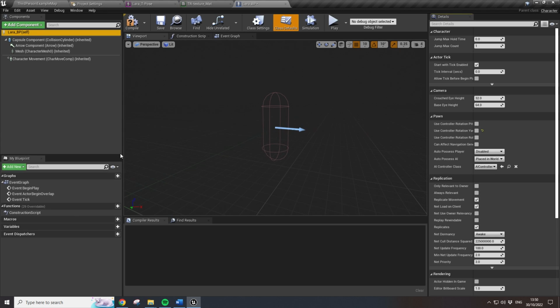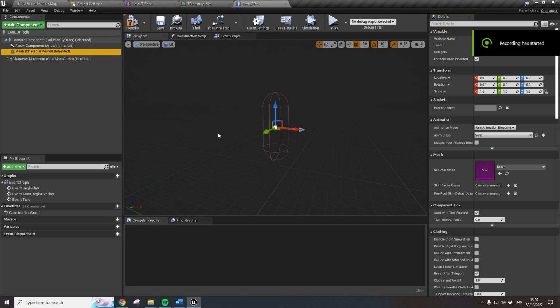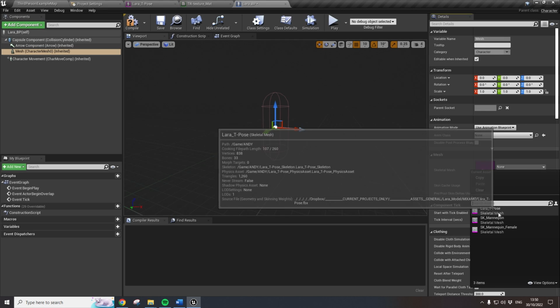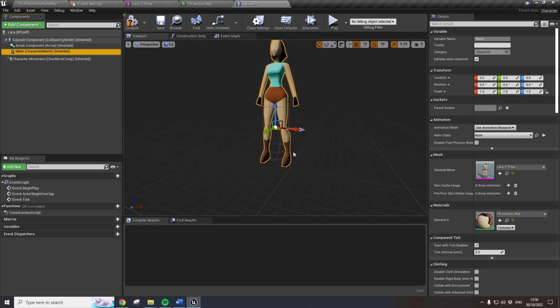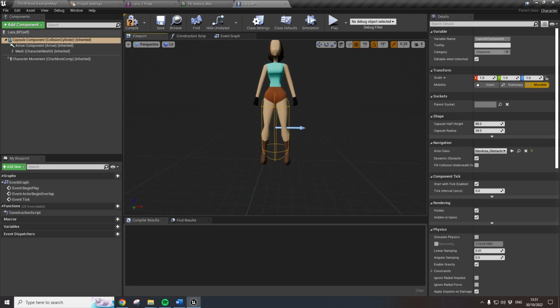So I need to add a mesh in here, so give me a second. Yeah, so it's really just a case of going down to the character mesh, and then you can choose Lara T pose. So we want her to fit within the bounding box. So this is your collision box for your character, and collision boxes for characters normally are capsules,